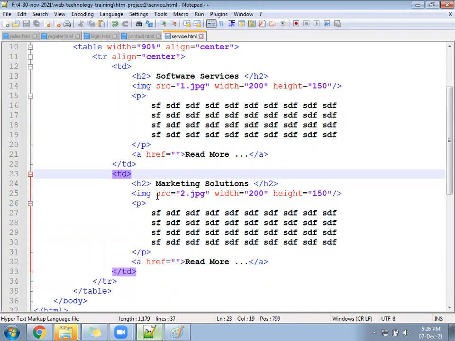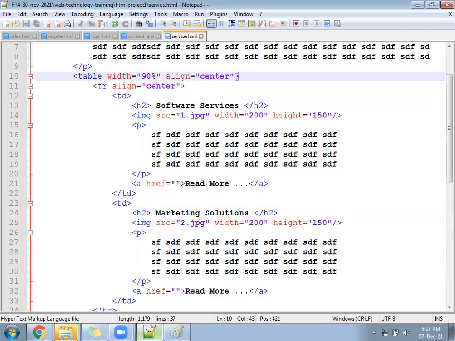Now the total width will split into two parts because two TDs will follow. The 90% of the area will divide into two, 45 and 45. Cell padding we have not given, so it will look a little congested. You can write the cell padding for the table.